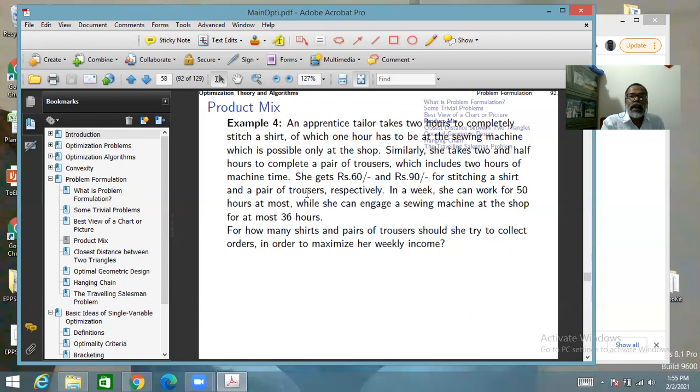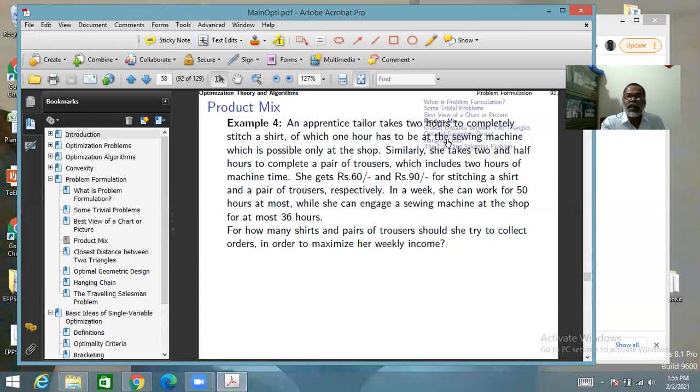Now, another problem which is common about product mix. I have defined a kind of problem which is an individual problem for one person. Such problems are often encountered in shops, to maximize the productivity and efficiency of the shop, and in big businesses also. Here we have an apprentice tailor who takes 2 hours to completely stitch a shirt, of which 1